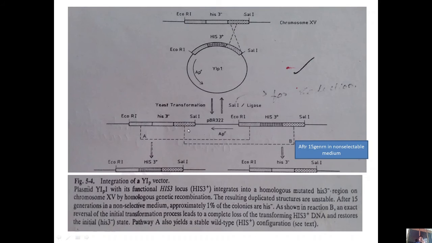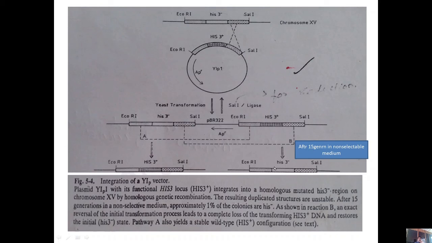If we expect a recombination at a SalI region, then see, EcoRI, see this is the product, EcoRI, HIS3 minus, see HIS3 minus, a portion of the SalI of this region, see, and the remaining portions from the adjacent SalI, see the SalI, and then the remaining chromosome 15 region. So here we can expect two kinds of yeast progenies. One set has the HIS3 plus allele, and the other set has the HIS3 minus allele.